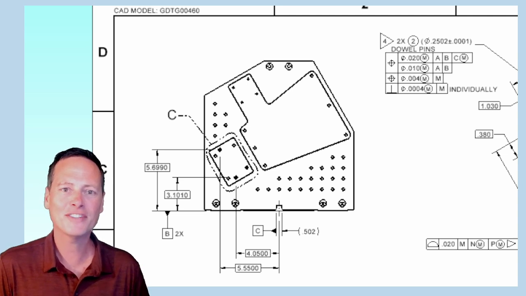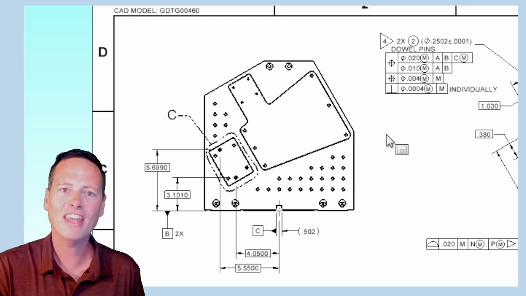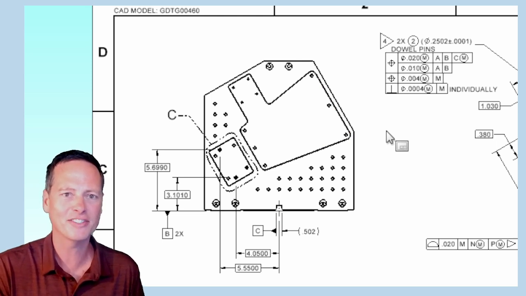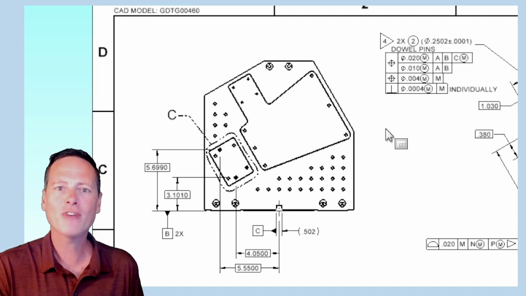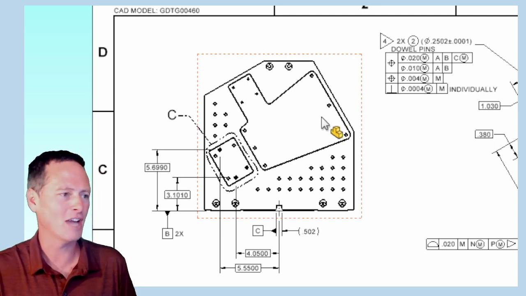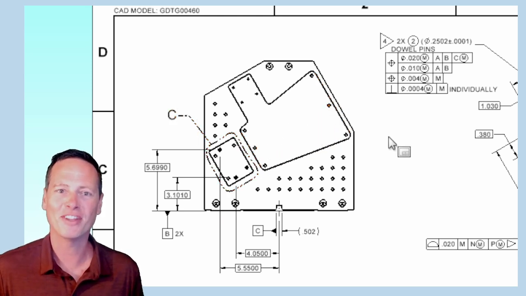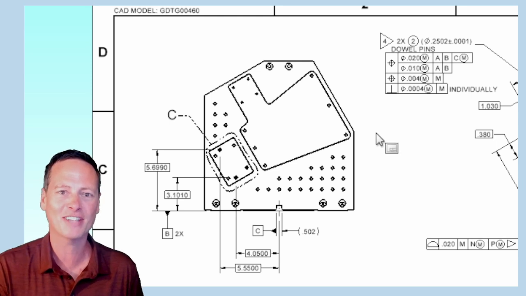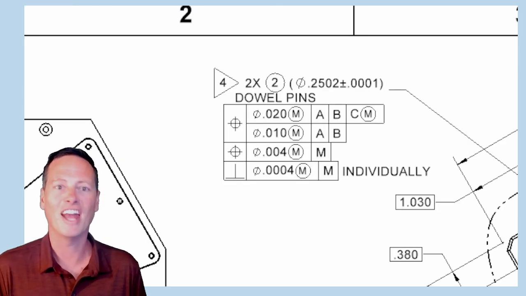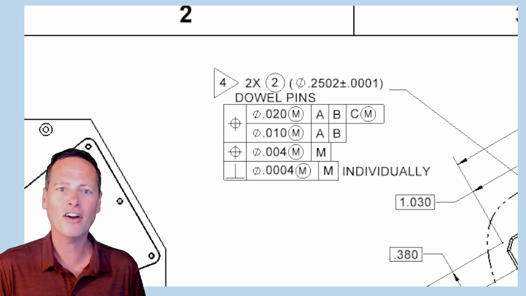And I like how with this, I'm not placing a trigonometry problem on anyone. That said, it could be interesting for a drawing like this to have a view with a reference dimension for that angle on the center line, maybe of these 2 dowel pins going back to datum B. Total side note here, but I've always liked how something special happens at 60 degrees, where you get these super clean XY positions. Anyway, I locate these 2 pins with basic dimensions, and then in this callout up here, I